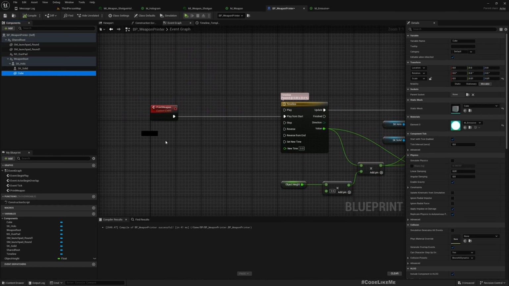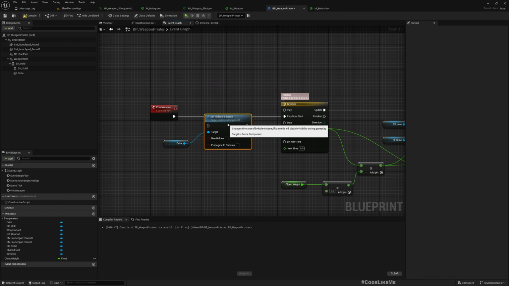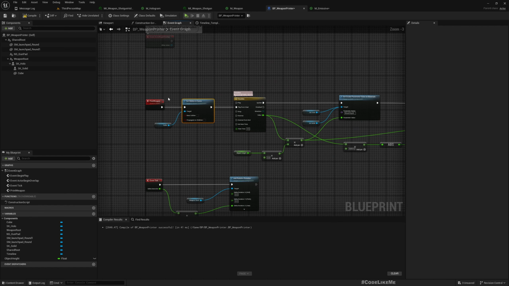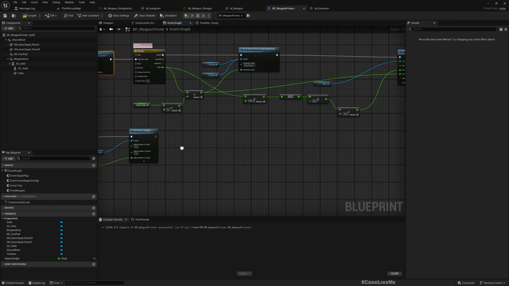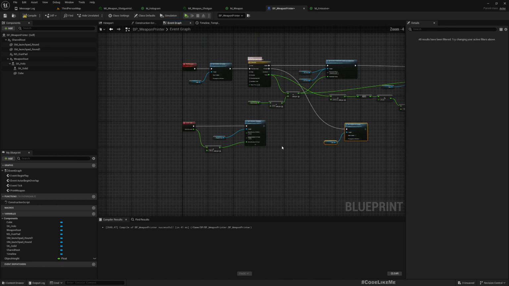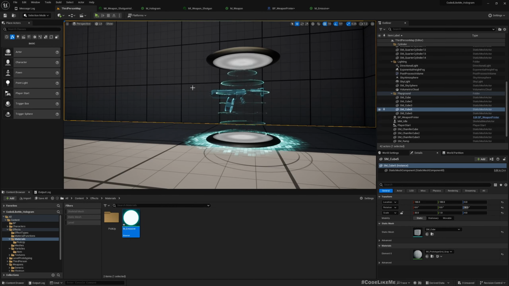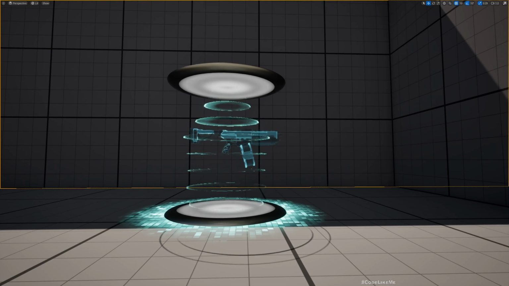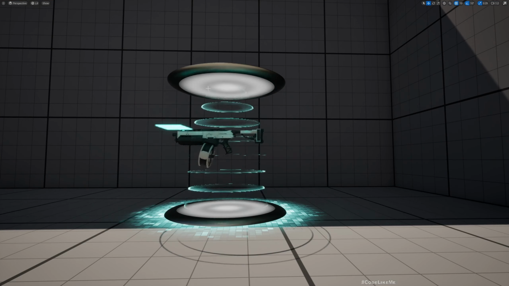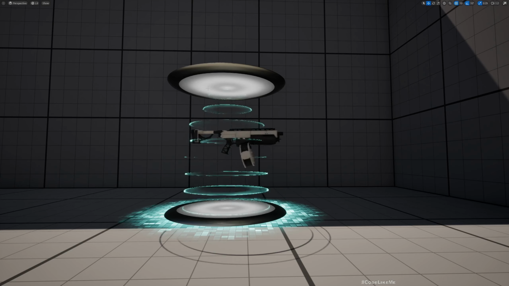process. So get the cube, set hidden in game to false, and then select it at the end, set hidden in game back to true. Alright, now let's see what happens. See, now we get it when the printing happens, and then it goes. Okay,